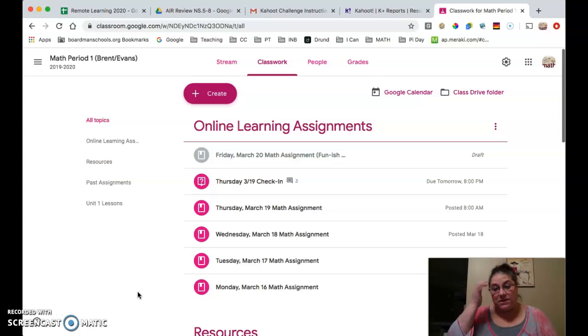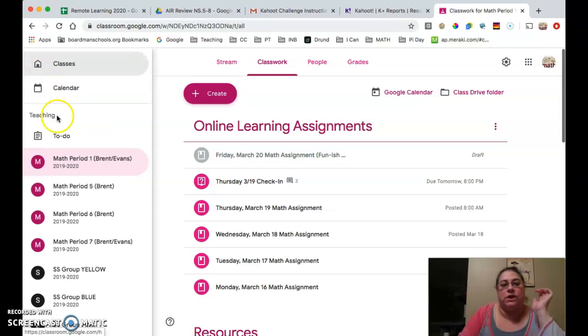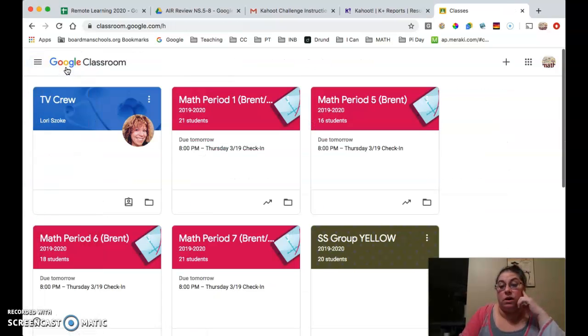Some of the other teachers are doing this, and I thought this might be a good way just to go through everything, make sure that you know what it is you are supposed to be doing. So this is kind of like a week in review. It's going to be a little bit different for fifth and sixth period as it is for first and seventh,